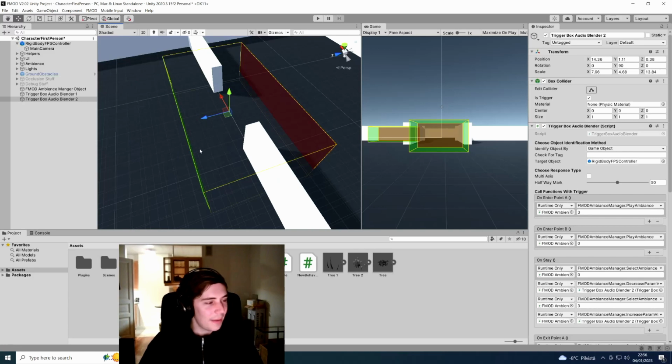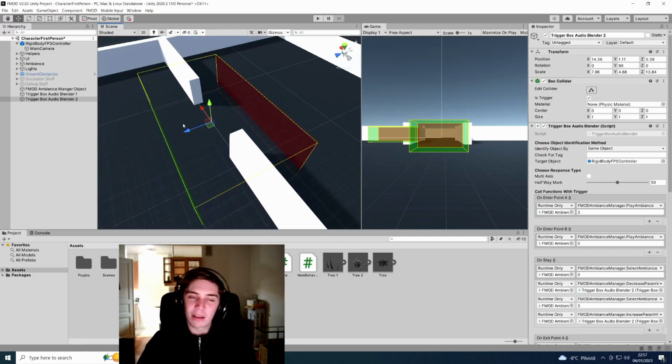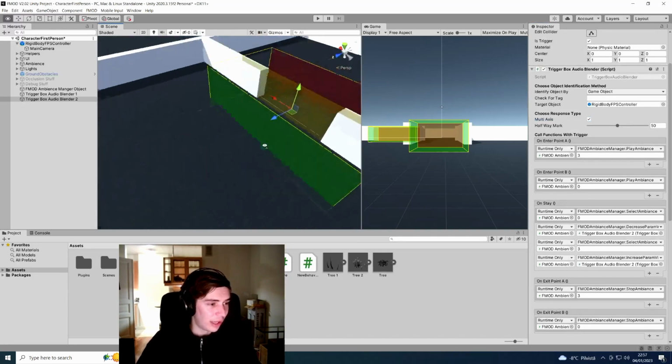Now, originally, the first trigger box was only calculating, or rather reading, the player's position within the trigger box relative to one axis, okay? It didn't really matter where the player was in, what is that, the x-axis in this case. It only mattered in the z-axis, okay? Now, in order to fix that, what we need to do is select this toggle box here, multi-axis, and by doing that, you'll see this yellow